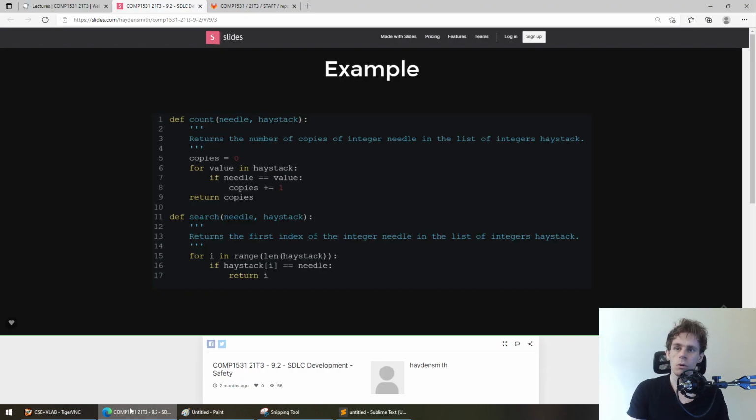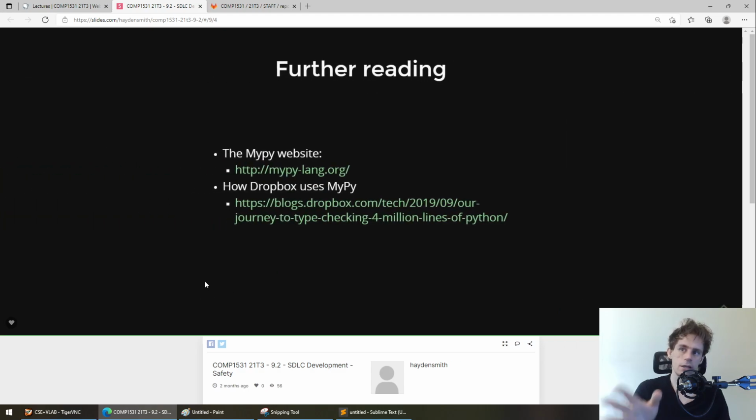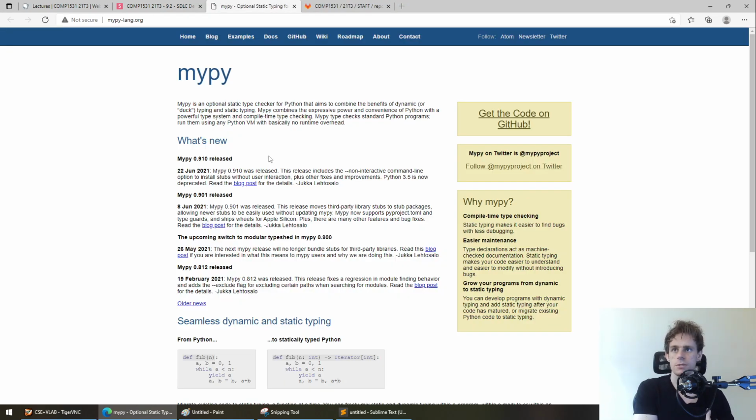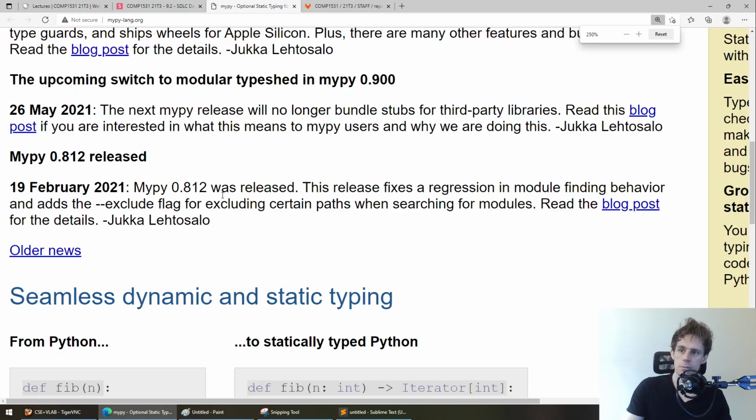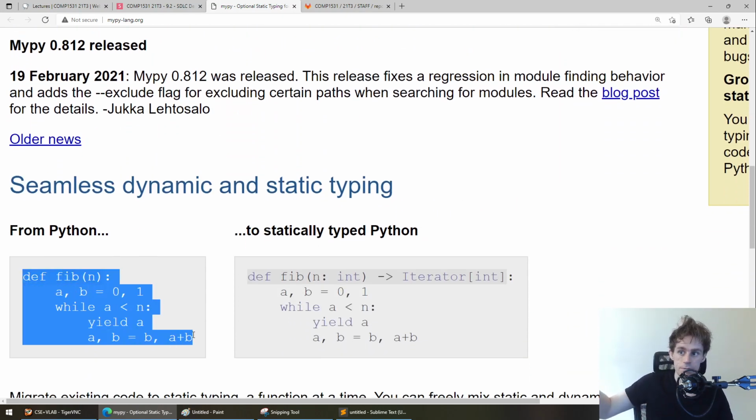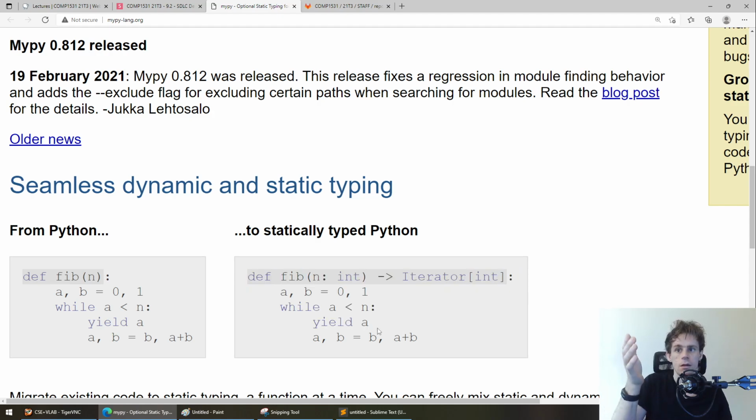So what we do to solve this problem, and this is the mypy doc, we can actually go to mypy's website here. Now mypy was installed as part of the requirements.txt. You can go and pip3 install it yourself. But the simple example here is that here is a Python function, and you can statically type, particularly function parameters and function return types. That's the most common place to do it because most of your type errors happen in functions, because it's a lot easier to tell if you're doing something wrong within a function because you've got the whole thing there. They're all local variables.